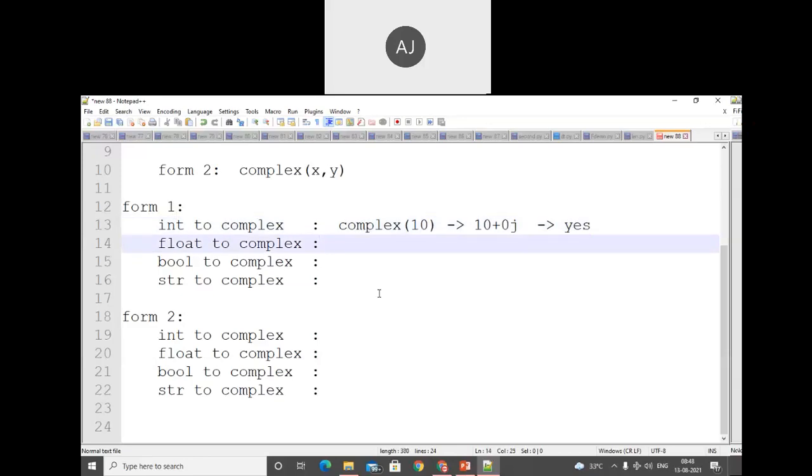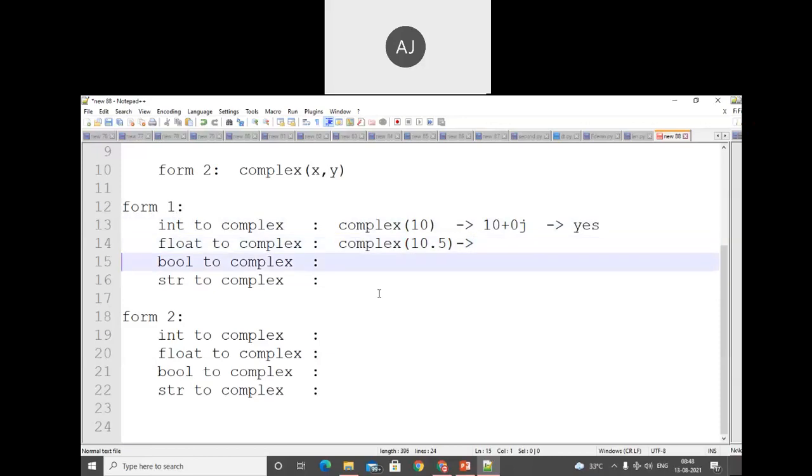Similarly, for a float value, we'll check. We'll pass a fractional value, assume that the value is 10.5. We can easily convert it into a complex number, and it will look like 10.5 plus 0j. Yes, we can easily convert the fractional value.